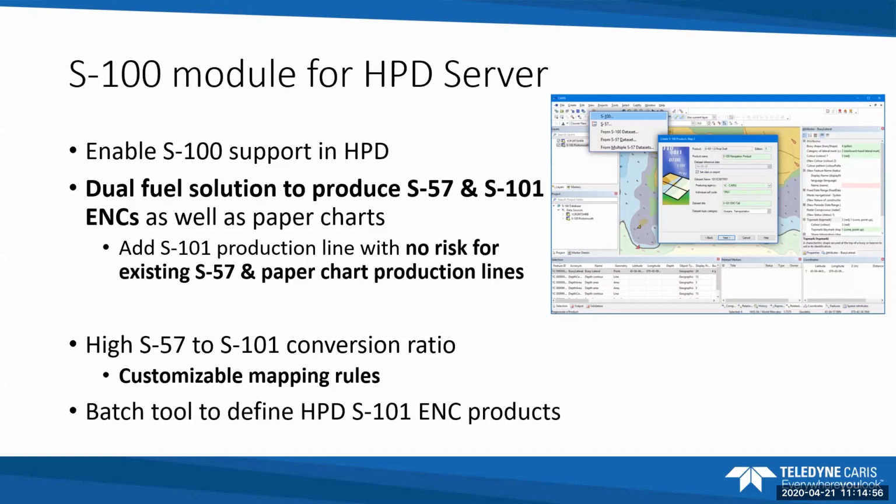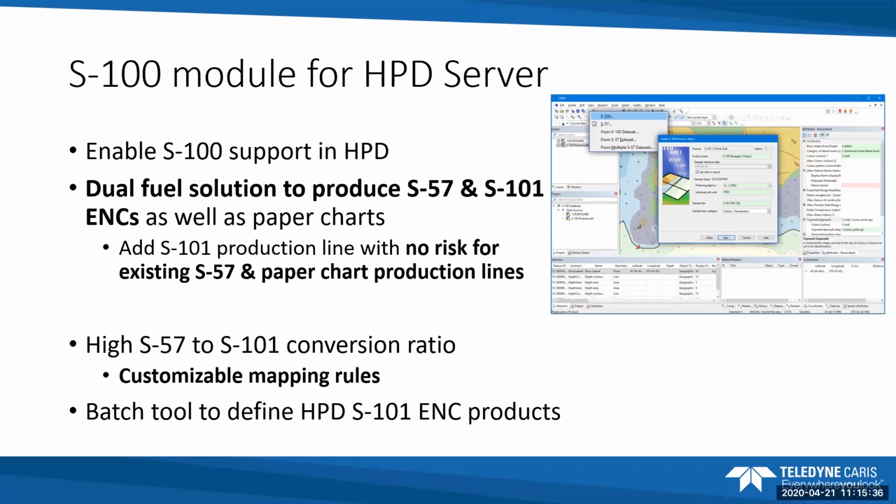So the paper chart is really rendering ENC data as paper chart. So you'll need to map in the future from your source to your paper chart. That module allows you to add that S101 production line with no risk for existing production lines, because it's added in parallel. So you will map from the S57 source that you have now to S101 ENC using our customizable